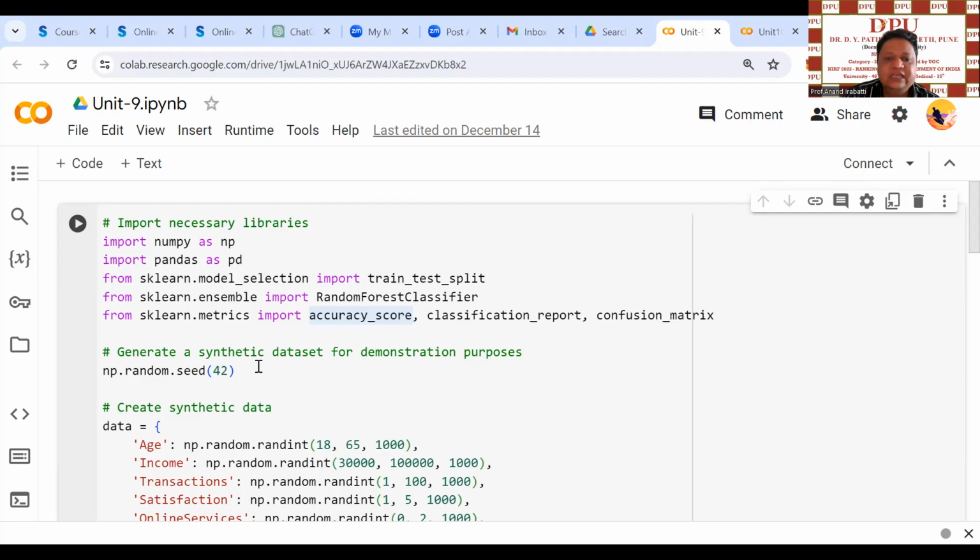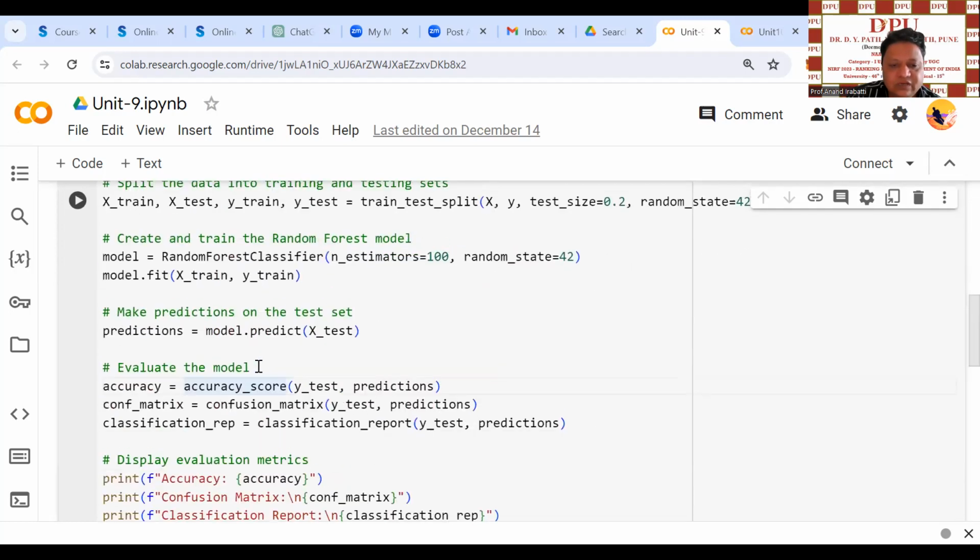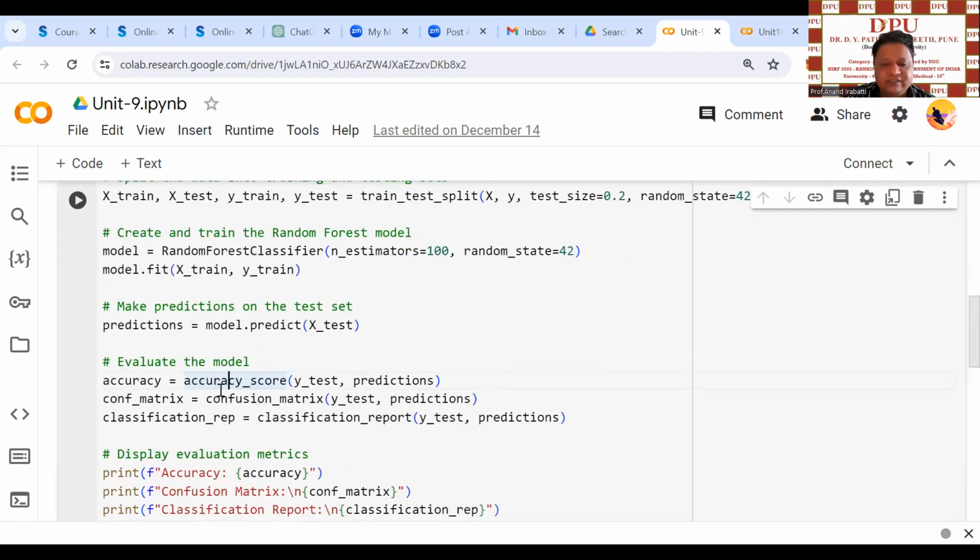These are the metrics I'm using for evaluating the performance of my model. First, accuracy is equal to accuracy_score, where I am providing the result of testing data and